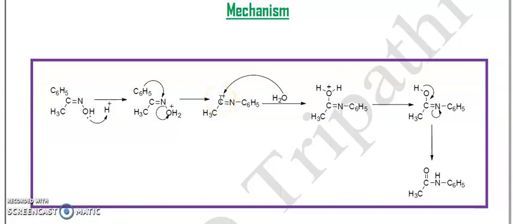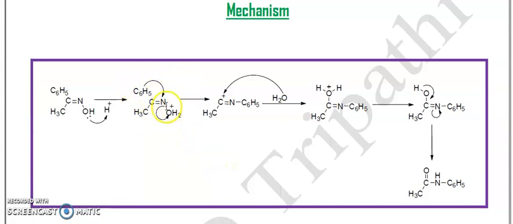This positive charge on the carbon is very important, because you see, as the water molecule is eliminating, another group is migrating from the alpha carbon to the nitrogen. Here you see one H2O molecule is eliminating, but one phenyl group is rearranging. It is coming from the carbon to the nitrogen, so it migrates. So this is the migrating group. The group which migrates is known as the migrating group. So here phenyl is migrating.